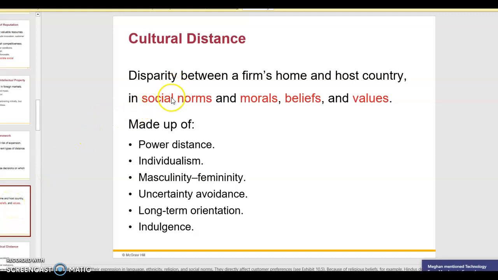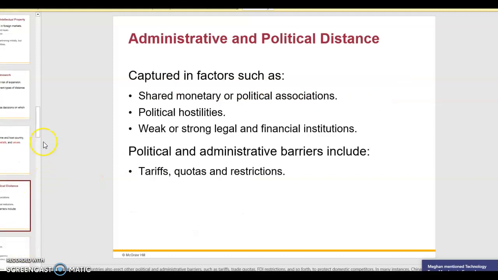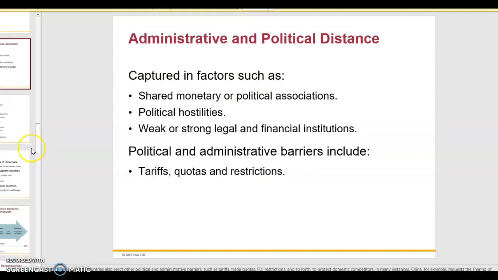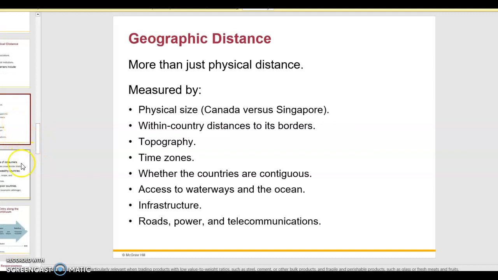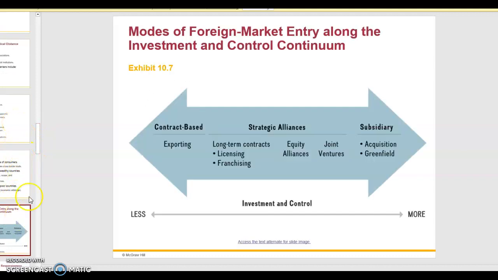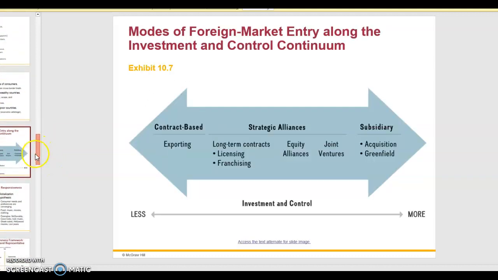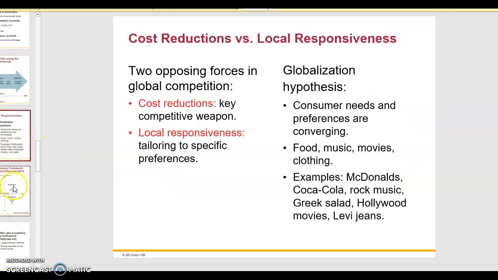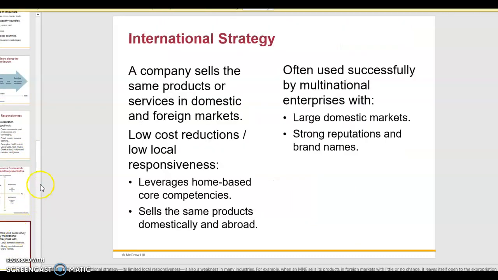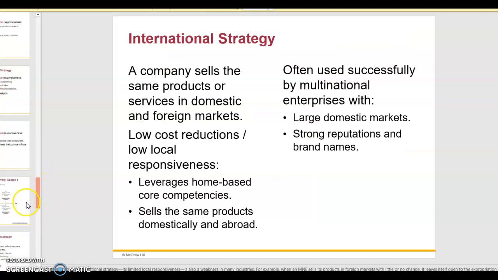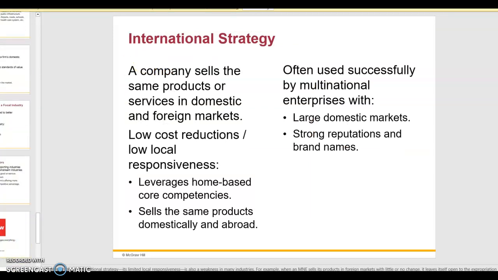Some of the cultural differences are things we have problems with from time to time. We go to a country that's a little bit different than ourselves, so we have to definitely prepare for that. We have to be very strategic and really look at how things are going. Again, I'm just scrolling through this to see if there's anything I need to hit on for you. It looks like that's pretty much on the PowerPoint.